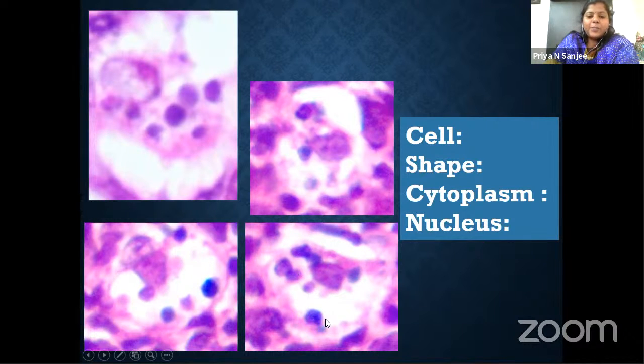So they represent apoptotic bodies in various states of degradation, and the nucleus can be present in the center or eccentrically placed. The nucleus usually has disposed chromatin, and that is a tingible body macrophage. Tingible means stainable. Since the phagocytosing macrophage shows stainable apoptotic bodies, it is called a tingible body macrophage.